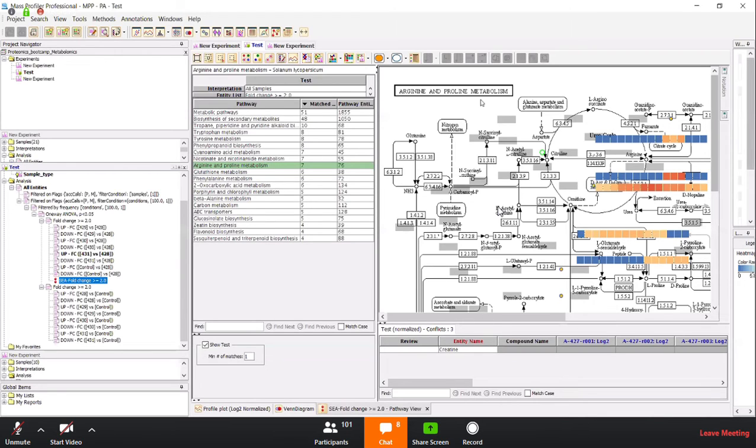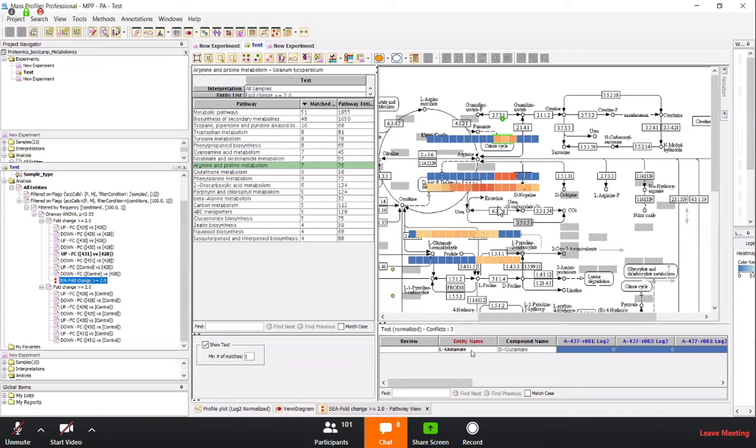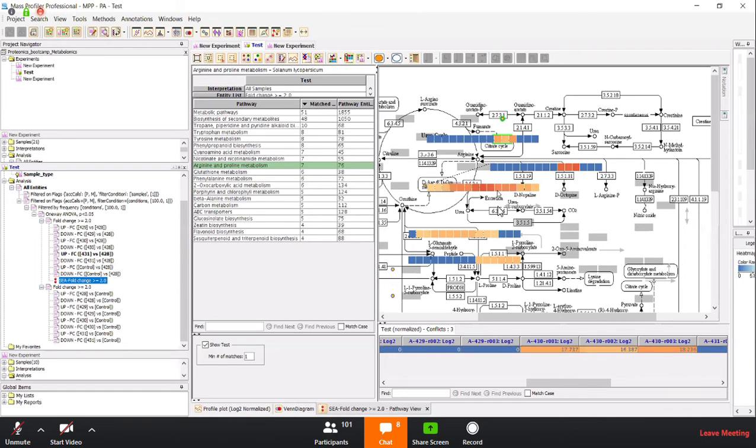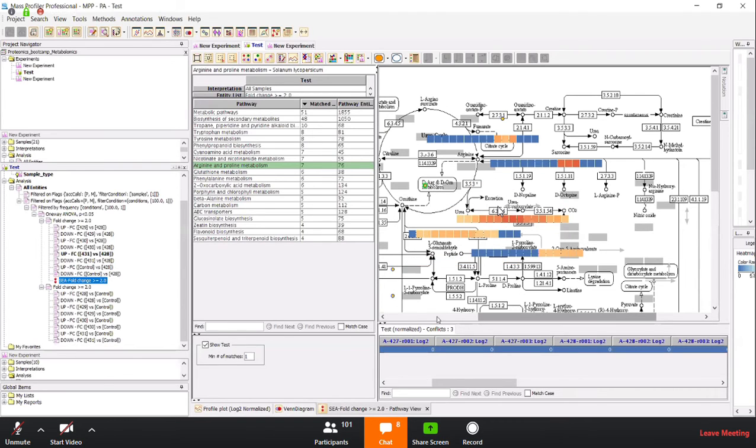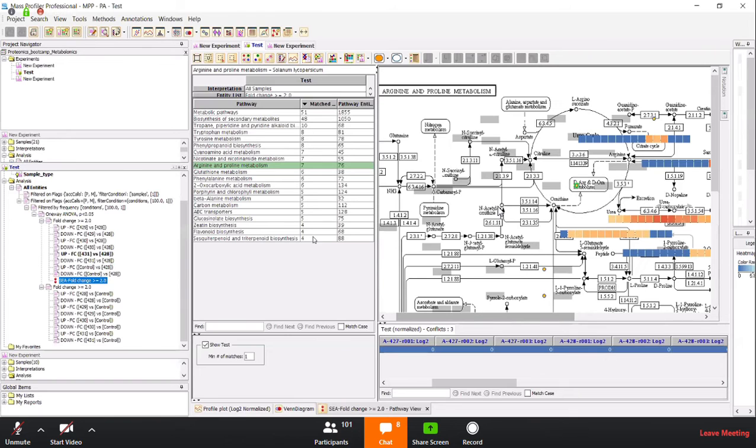So if you see here, this one, yeah, L-glutamate, it was not found in any of the samples, but it was found upregulated in all the triplicates of one of these samples. So it tells you that there is something going on with this particular pathway here. So this is the pathway-based approach. Then there are some entities which are present, almost all the compounds are present here. So this D-arginine, and likewise you can see various pathways.